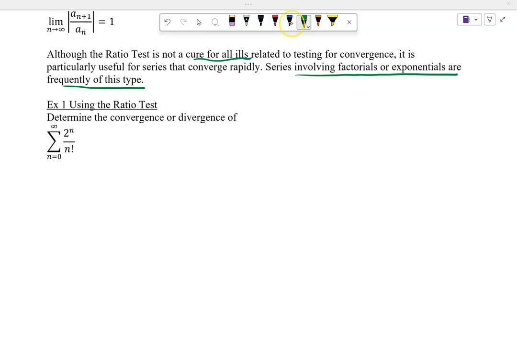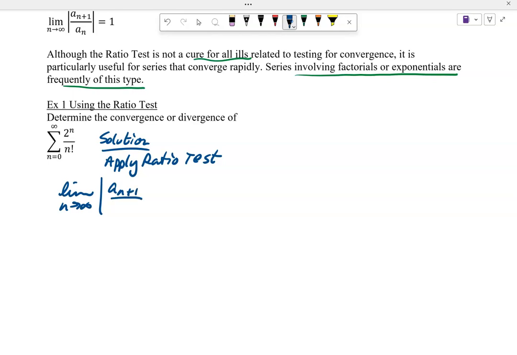Okay. As I work this first one, a little commentary on this solution. Recall that the factorial function grows faster than any exponential function. And note also that the series has non-zero terms, which, by the way, is a condition: the series must have non-zero terms. So we're going to go ahead and apply the ratio test here. So we're going to take the limit